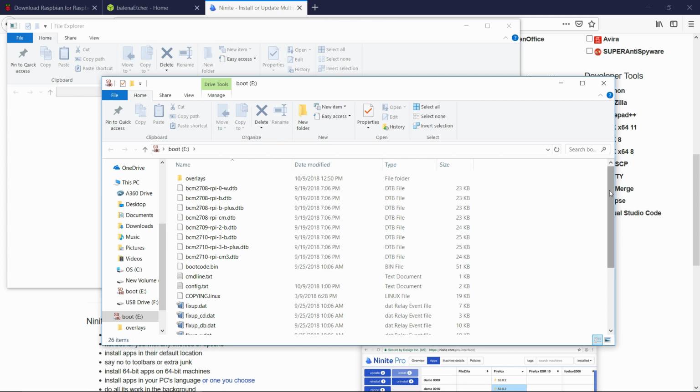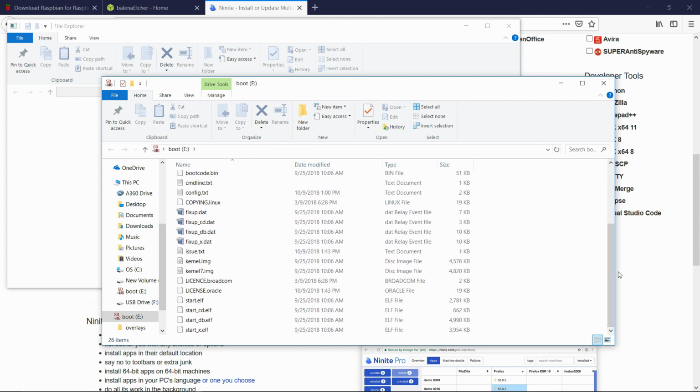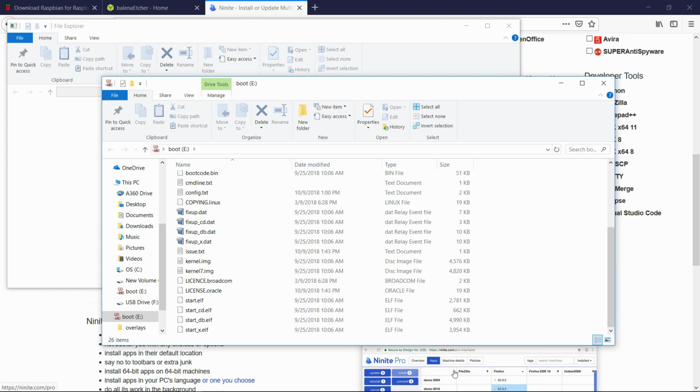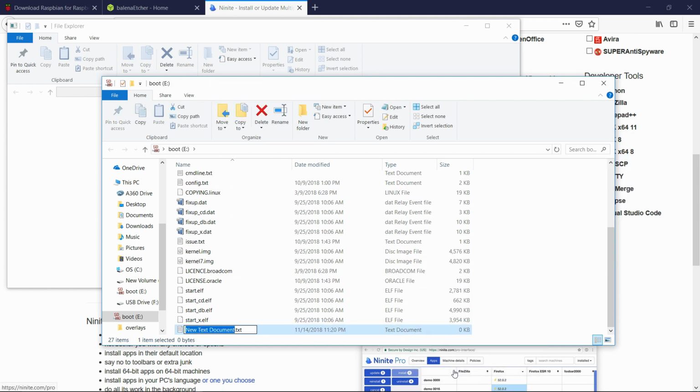So what we're going to need to do here is add an empty file just called SSH, and it can't have an extension either. So if you right click, say new, and then go to text document, then you would just change the name of this to SSH. But it also can't have that extension .txt. So if you don't see that and it stays over here as type is .txt, it means that you have